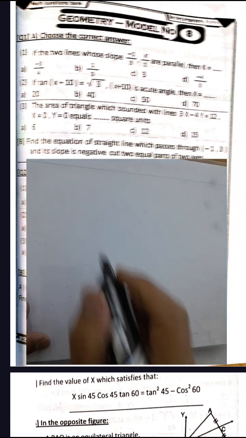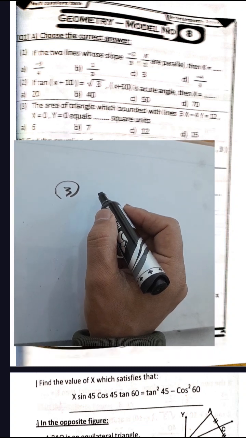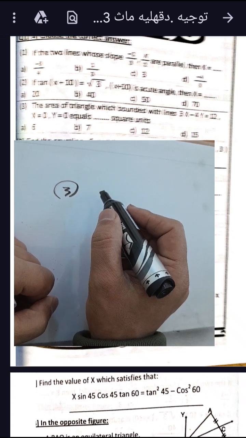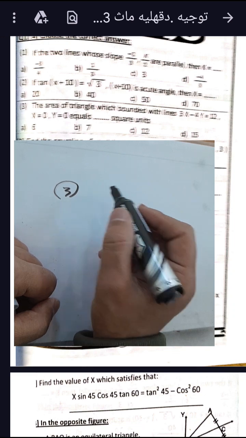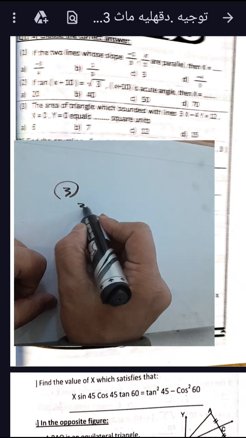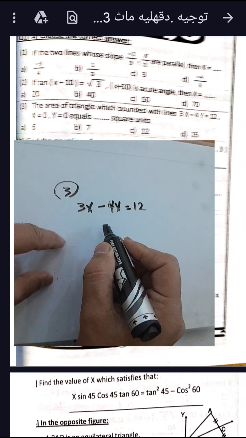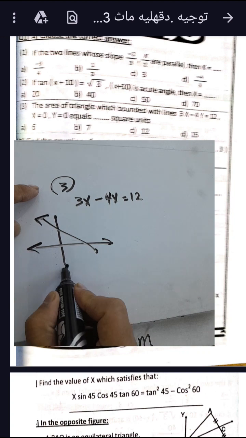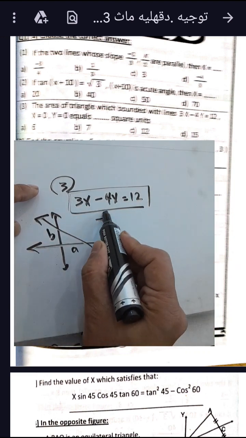Next, question number 3. If the area of the triangle whose vertices correspond with these points here, you want to find the area of the triangle. This straight line is 3x subtract 4y equals 12. We can find the area by finding where this straight line cuts two parts from the x-axis and y-axis. We write this by using x over a plus